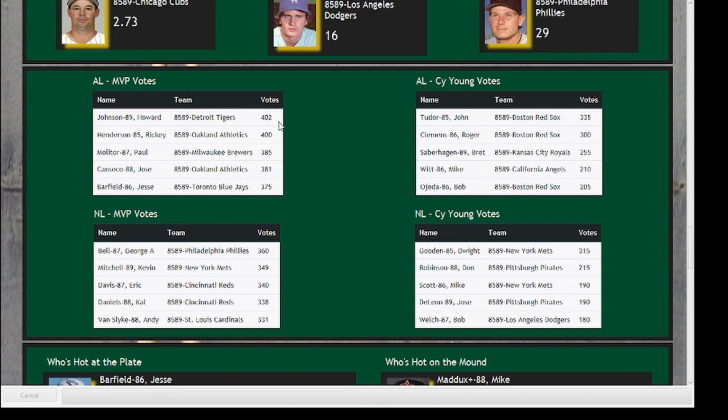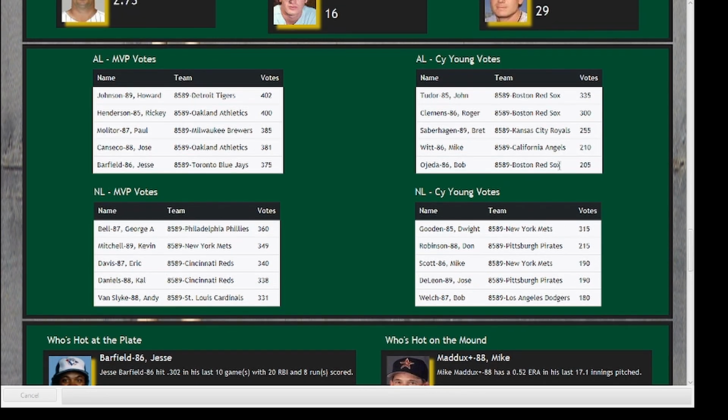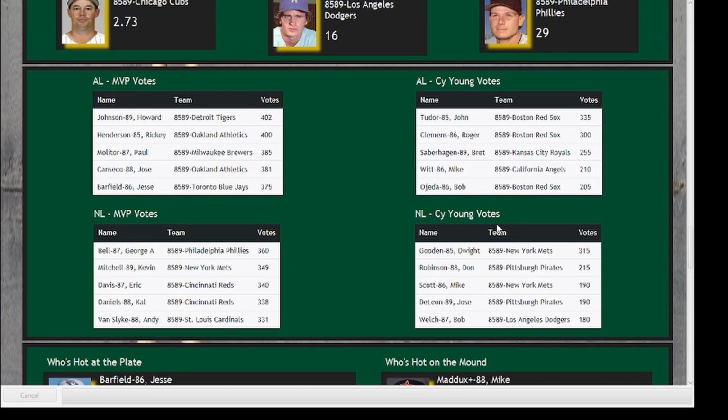MVP goes to Howard Johnson by two votes over Rickey Henderson. NL MVP, George Bell over Kevin Mitchell. Cy Young, we've got the two Red Sox, Tudor and Clemens, followed by Saberhagen, Witt, and Ojeda. Ojeda also of the Sox. So actually, those three guys. I mean, that's just not fair, right? NL Cy Young, Gooden, Don Robinson, Mike Scott, Jose DeLeon, Bob Welch,